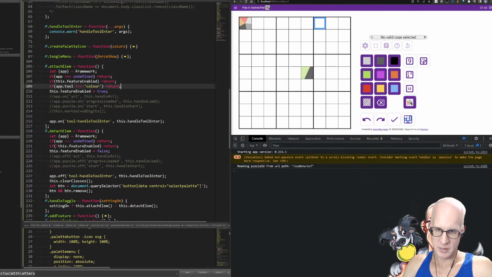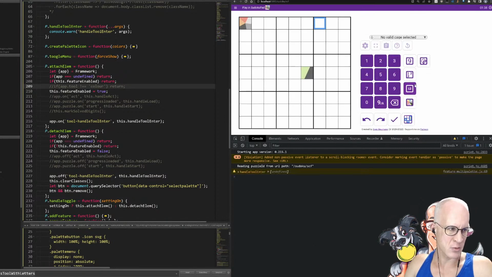Unless, wait, now we don't need this. Yeah, so we need to get rid of. So this should always now exist, even if we start on a different tool and then we'll switch, we'll do that. Okay. And then we'll do